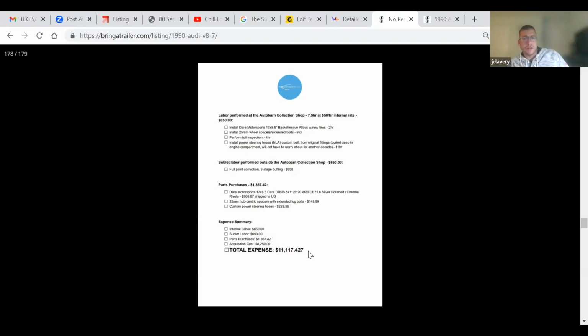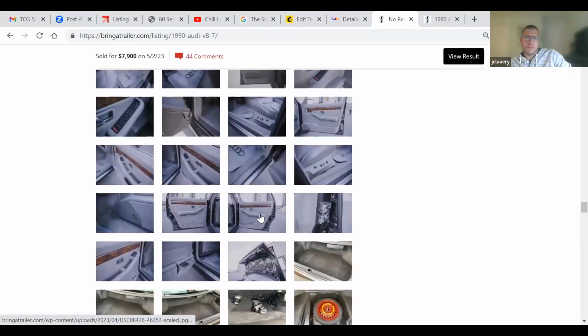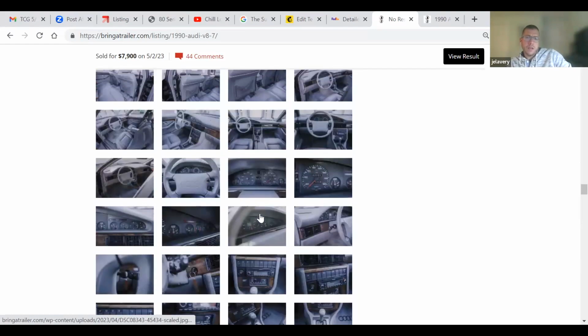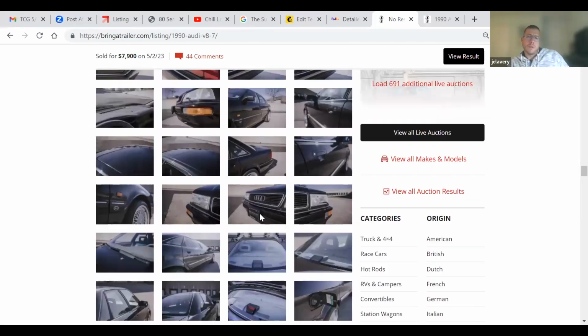I bought the car for, just full display, $4,000, and did put a bit into it. I think I ended up losing $1,500 on the car after you factor in the timing belt job I had done. So, not the end of the world. I can absorb that. But this is just interesting to me, because I thought it was worth this much when I had it listed, simply because of how clean